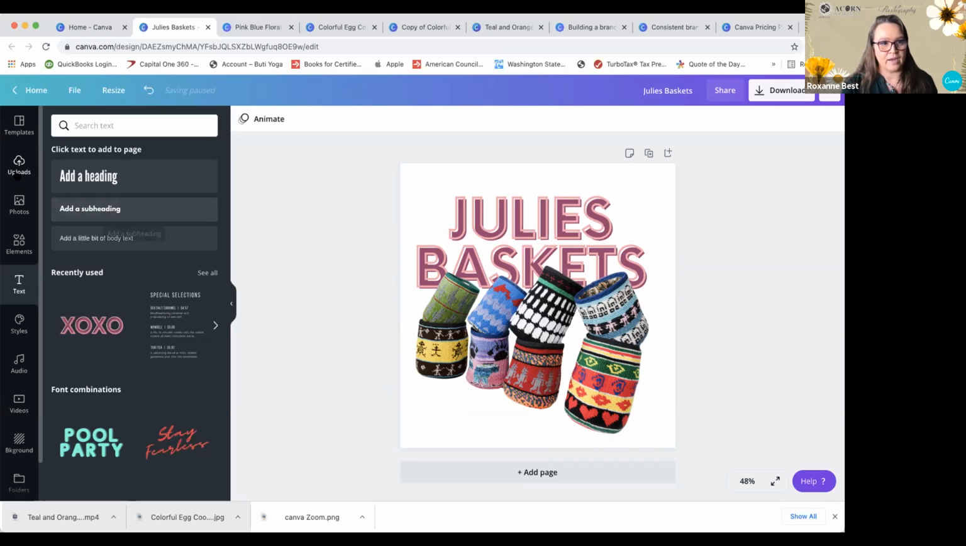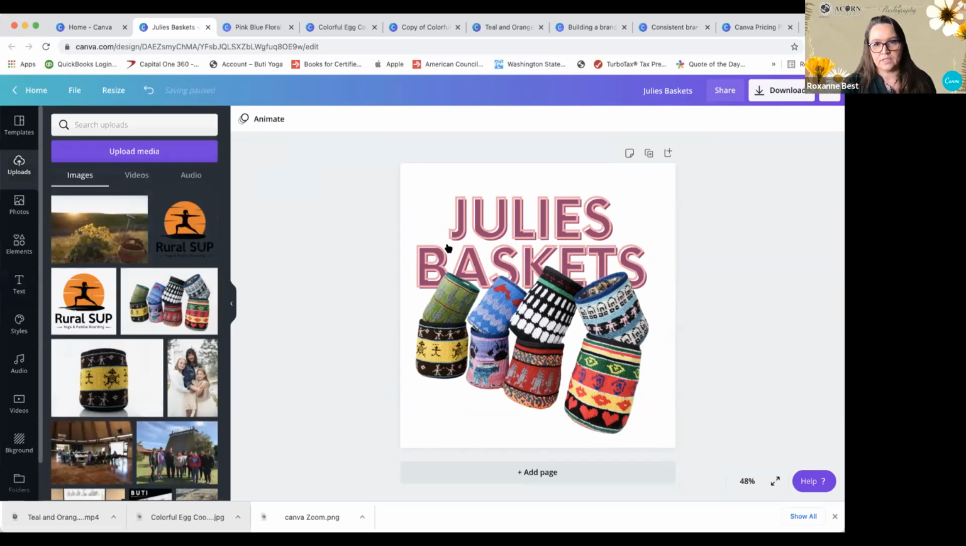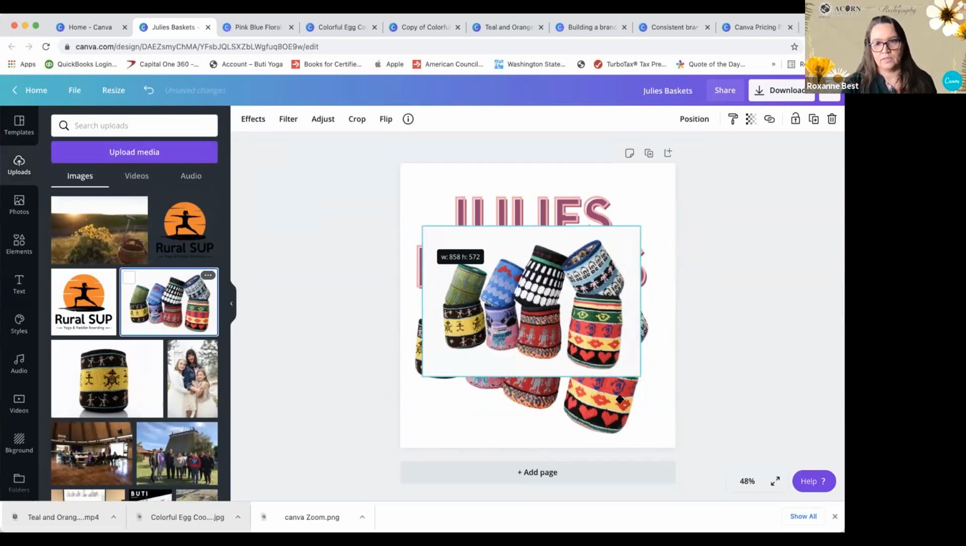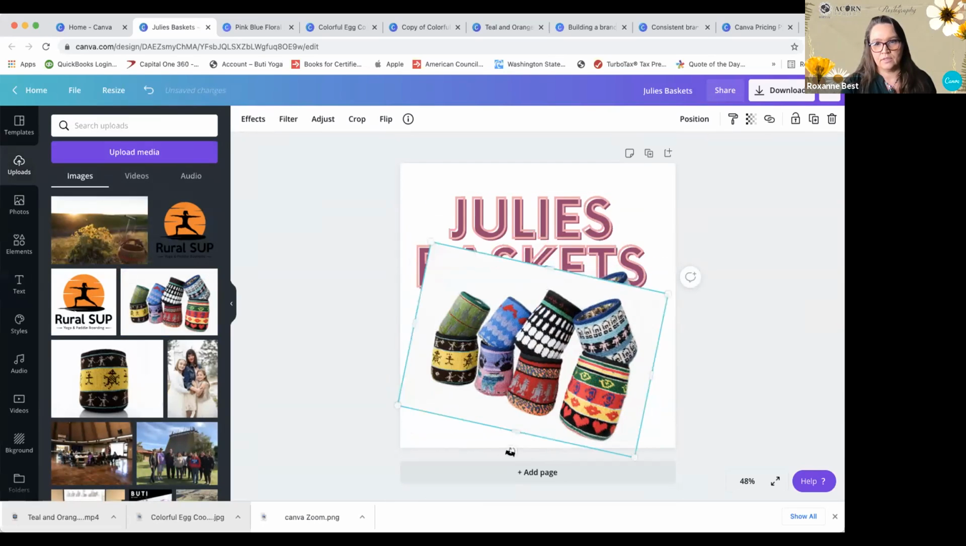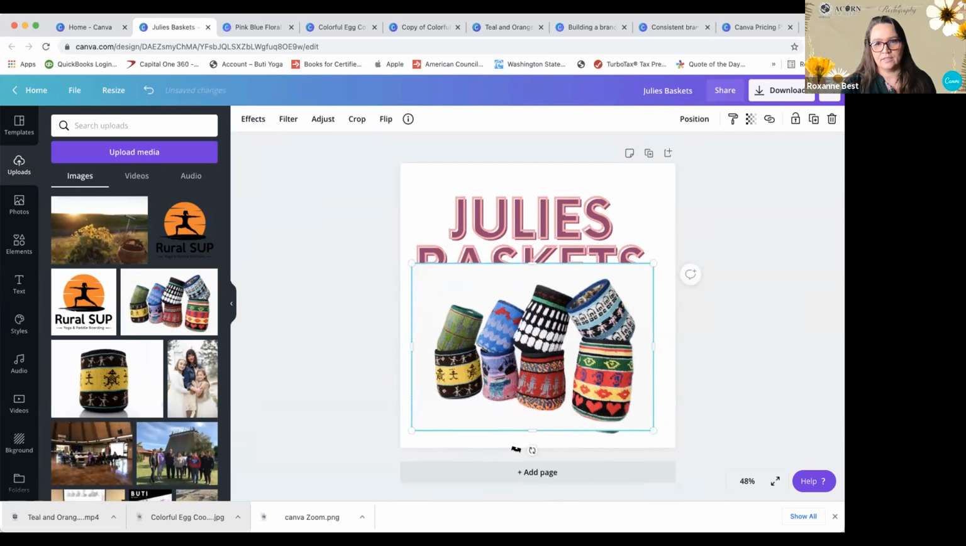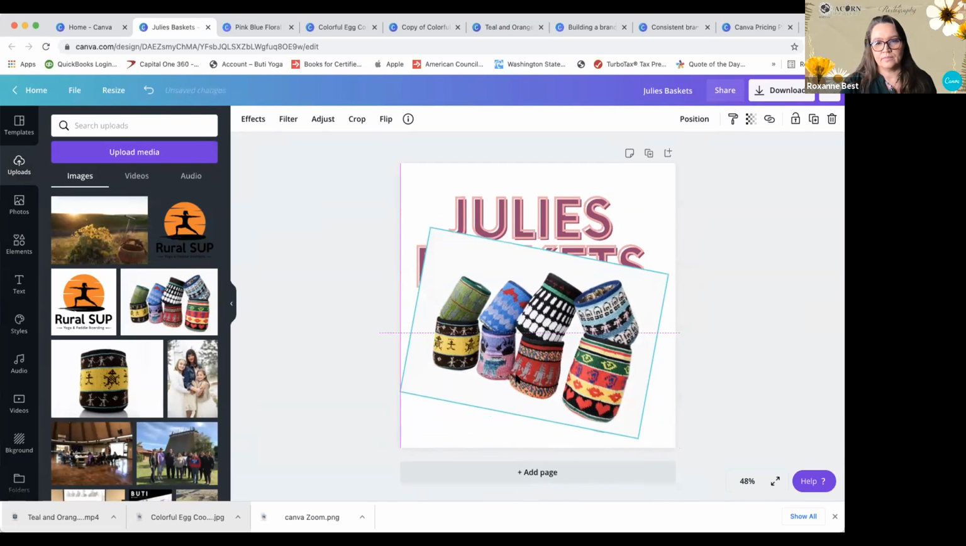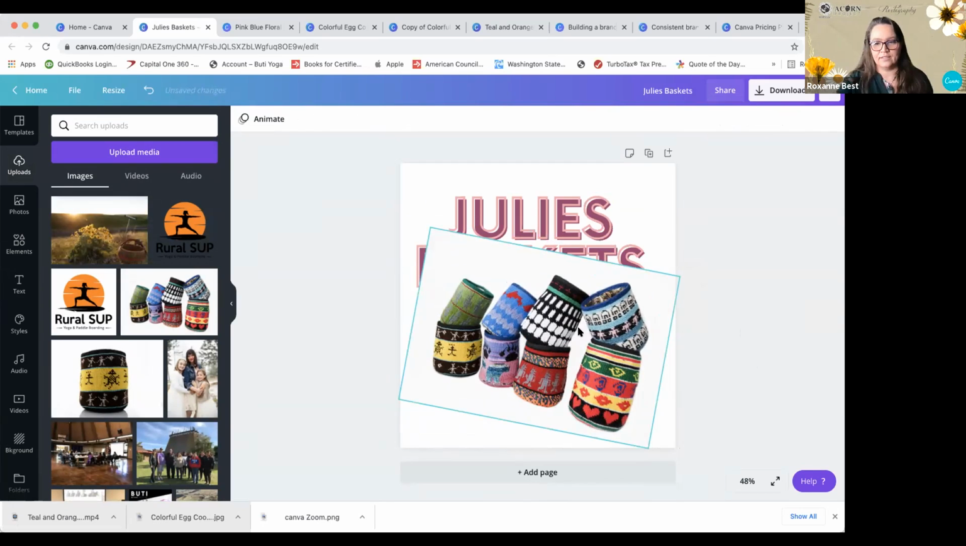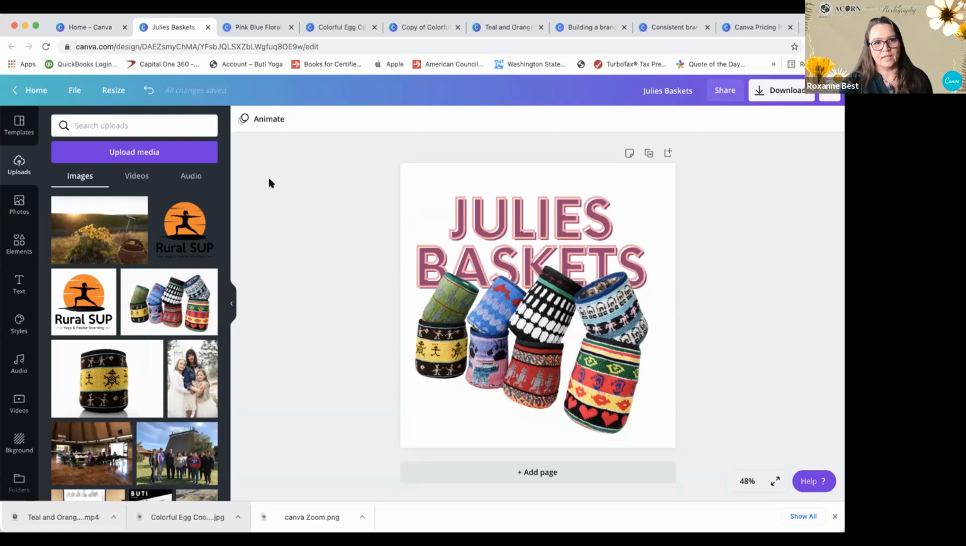If I'm going to go back over here to upload, so you can just see, I'm just going to pop this right over the top. Move it down, move it around. So just to give you some context, this is the image without the background removed. And then this is it with the background removed. It just adds such a cool element to your